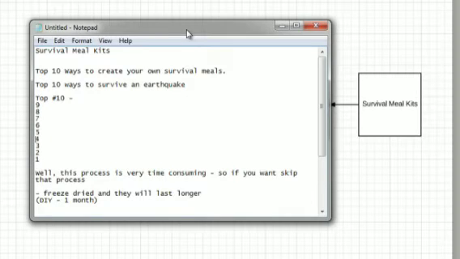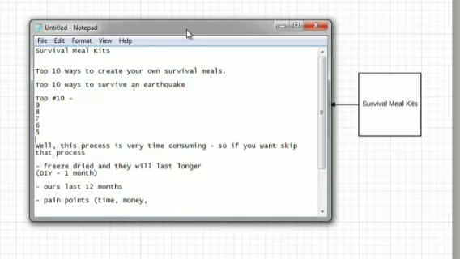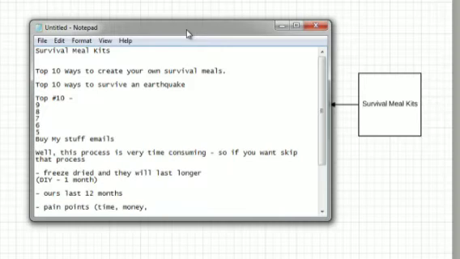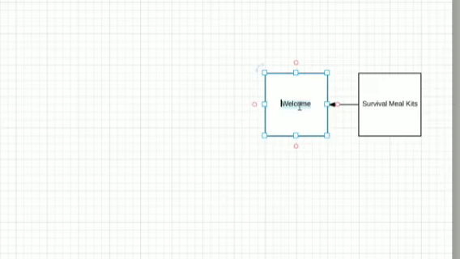By the 5th email, you've provided so much value that they are going to trust you. And then you can have the survival meal kit email, the buy my stuff emails. So by working backwards, we can say, okay, this can be top number 1.